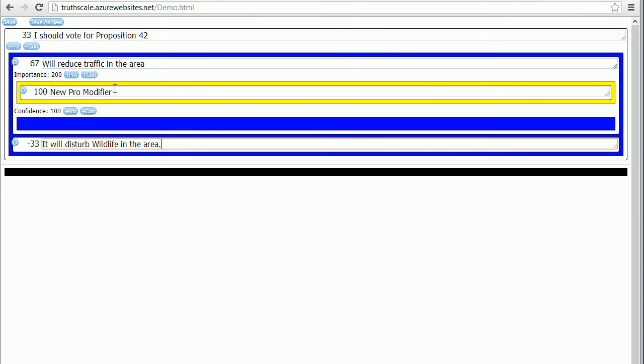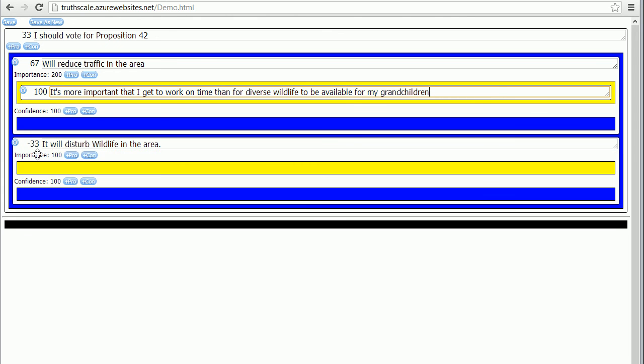So on the pro, we're going to say it's more important that I get to work on time, and for diverse wildlife to be available for my grandchildren. And of course, you can phrase it however you want. That will make this one with an importance of 200.